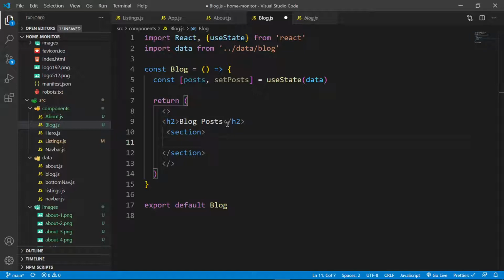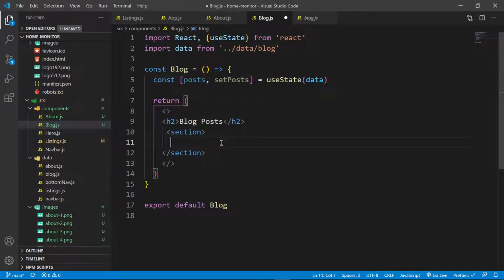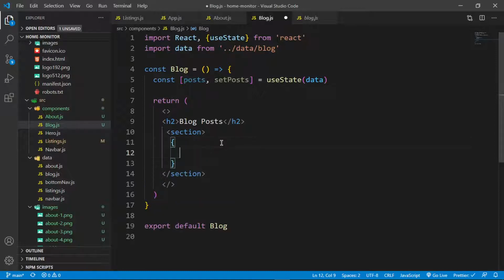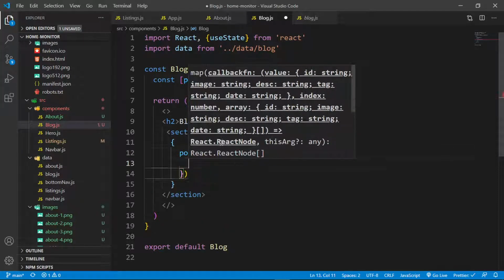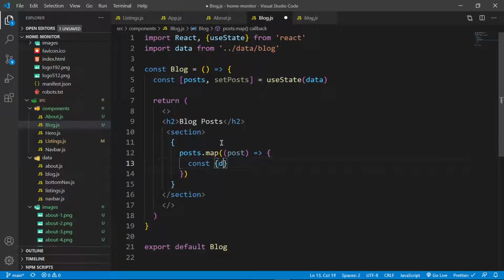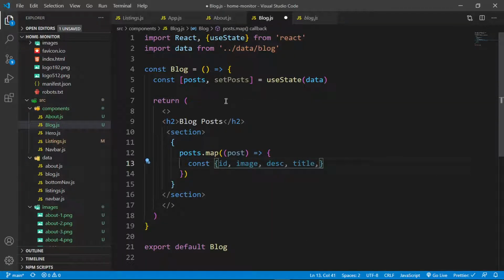And then inside this section, I need to map over my data, which is basically like we did in about.js, where we console logged, and then we could see our data. And once we map over our data, which is now stored in the posts variable, we can now destructure it. As you can see, we can destructure all this, and then we can choose how to display it. So because we're going back to JavaScript, I need to add a curly bracket right there and say posts.map. And then for every post, I want to grab the ID, the image, the description, the title, as well as,